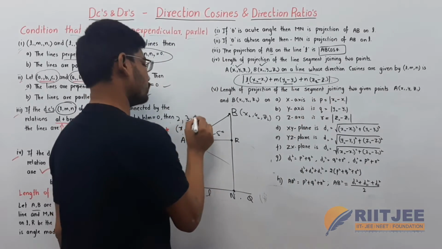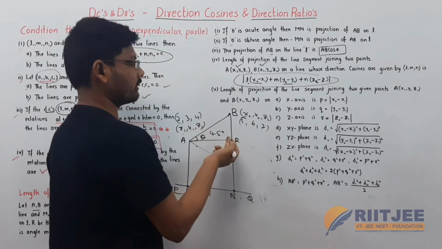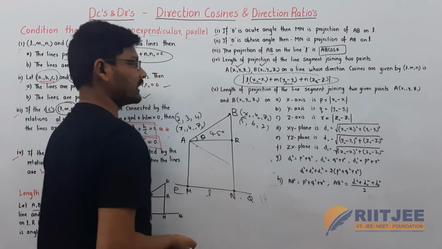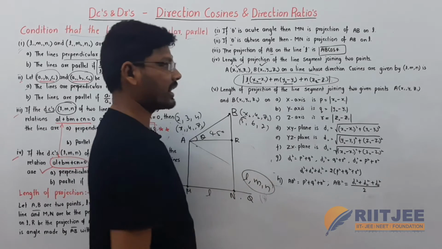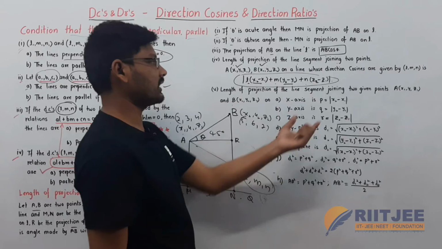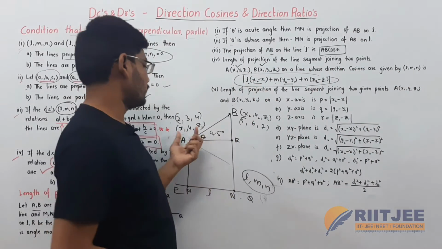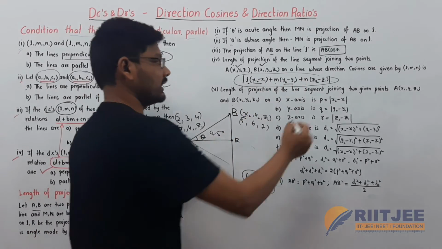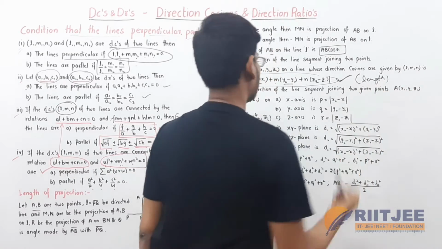For example, if you take 2, 3, 4, this is 5, 6, 7. This is x1, y1, z1 and this is x2, y2, z2. Let's substitute the values here, and before finding that we should know the direction cosines, that is L, M, N. These are also the direction cosines, cos alpha, cos beta, cos gamma. Here these are the direction cosine values. If you substitute L, M, N and the 2 coordinate points of a 3D system here, then we'll get the length here. This is how to find the length here.